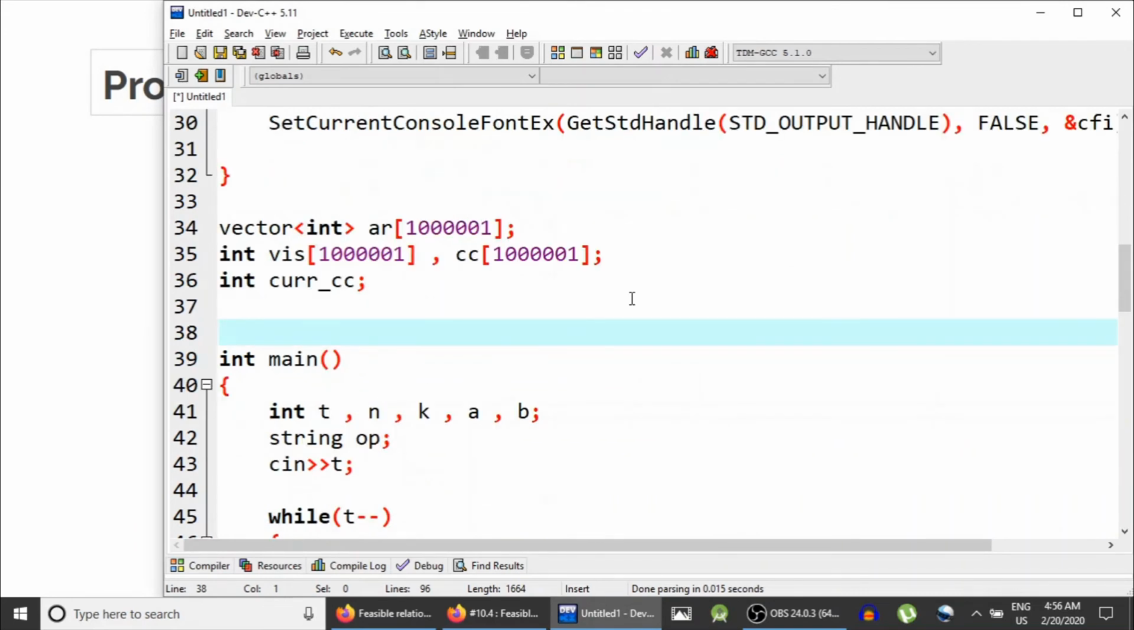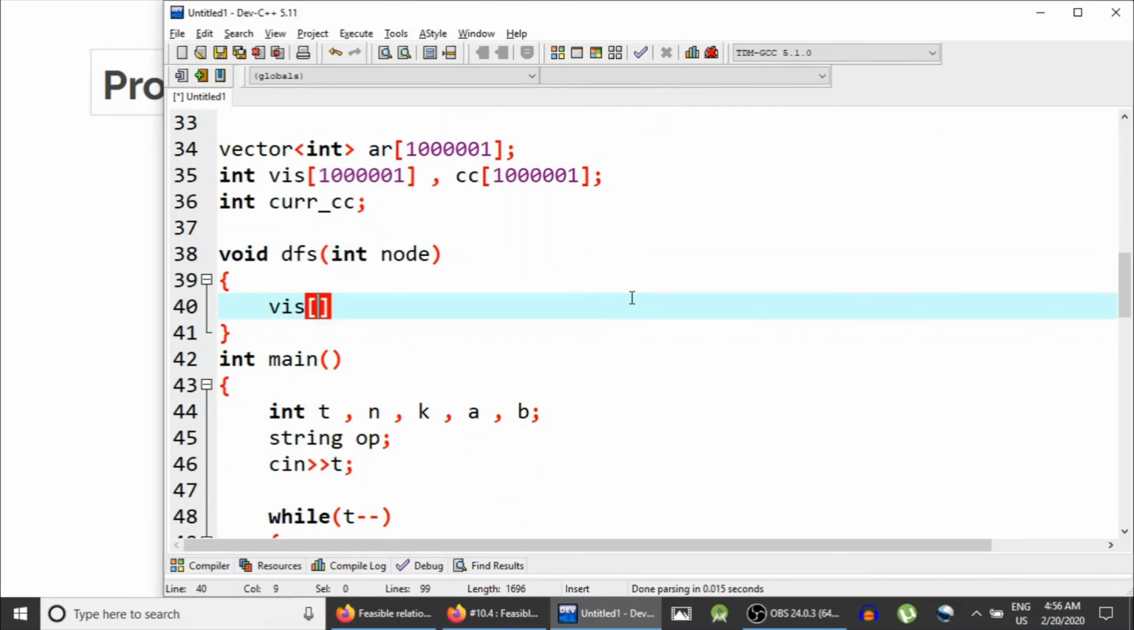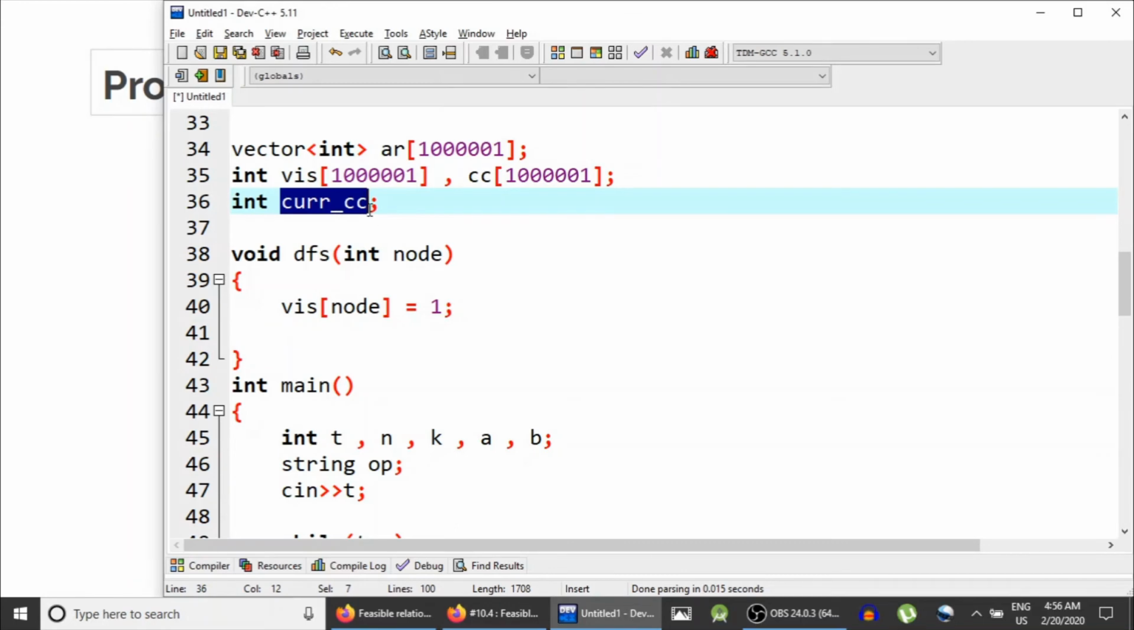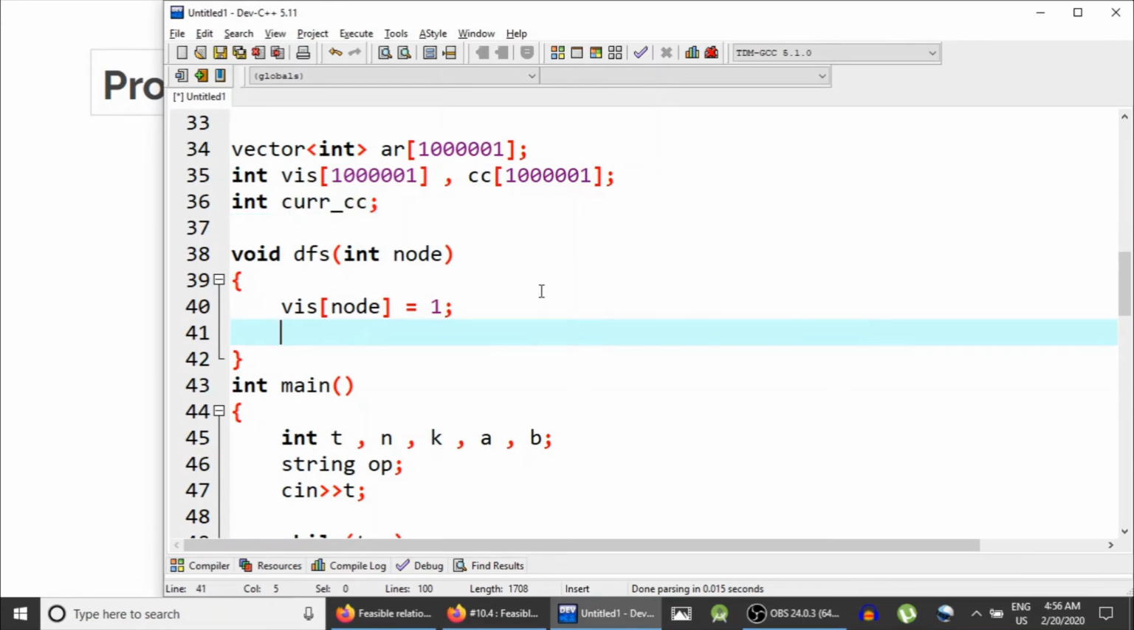And if you have no idea, just go watch the connected component video in the graph theory list. So what we do when we reach a node, first thing we do is mark it visited. After that, the current connected component number is saved into this. So if we are exploring the ith connected component, then the current connected component value is equal to i. So for this node, we have to save which connected component it belongs to. So CC of this node is equal to current connected component,